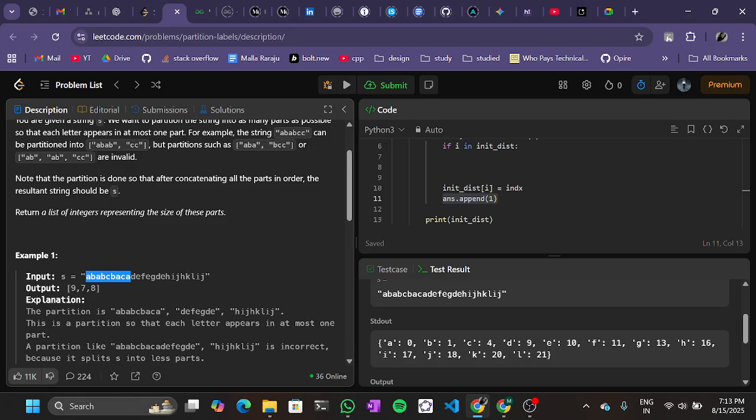We take A as a separate item and B as separate, and when we find A again, okay, we can do one thing. Okay, let's do one thing. Let's keep L equal to